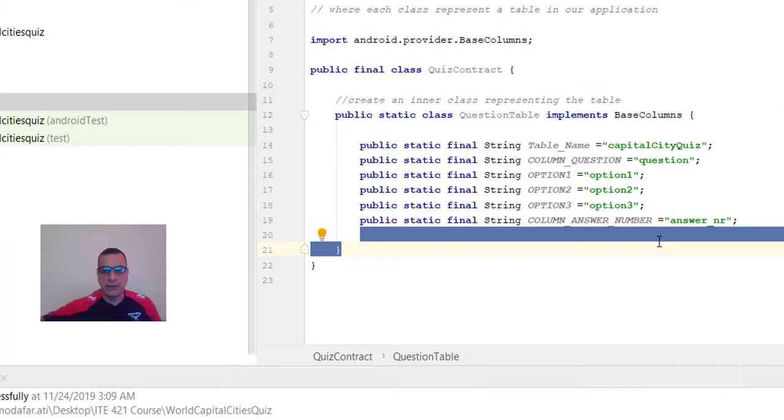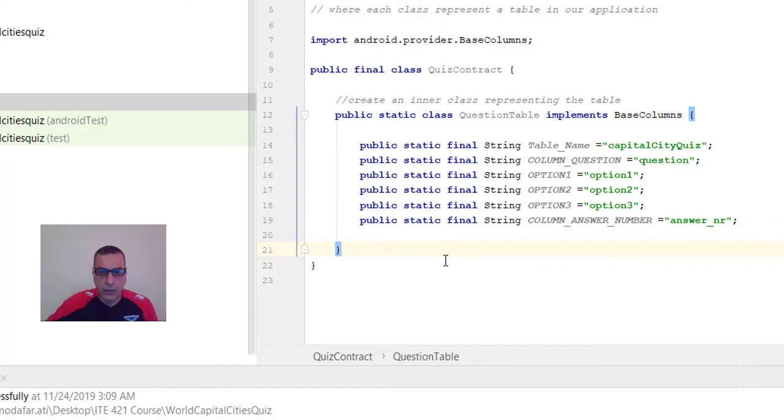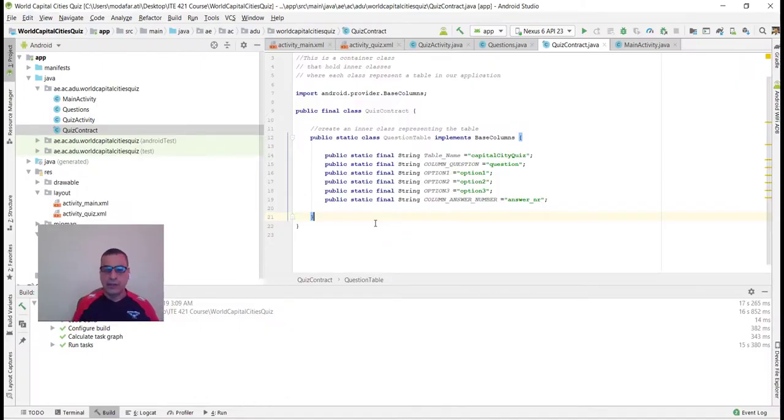Now we create the two tables, the two classes, a class which holds the data. We can create the database inside the tables as